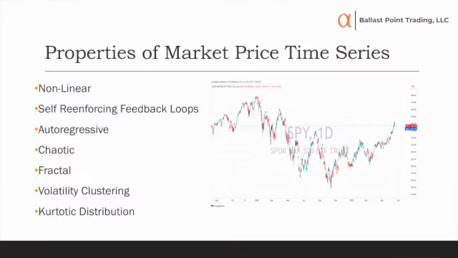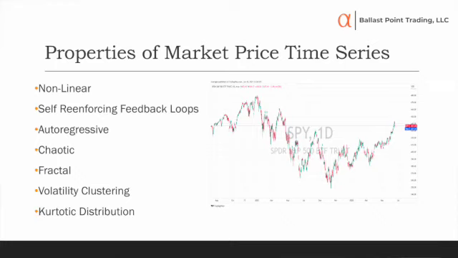Okay, now the last one is really important, which is kurtotic distribution. This is the shape of the distribution of the data. It's not a normal bell curve. That's the key thing. So when the casino deals with their games and the math that they're using, linear math, and they're dealing with regular bell curves, which is much more predictable. What we're dealing with as traders is a kurtotic distribution. And this is really important because it changes everything.